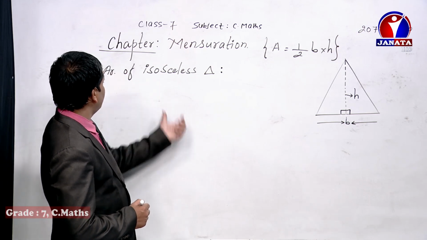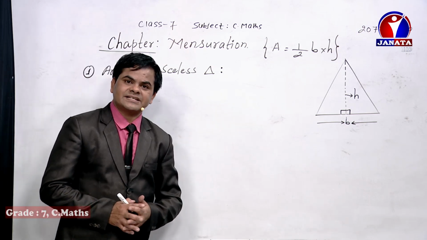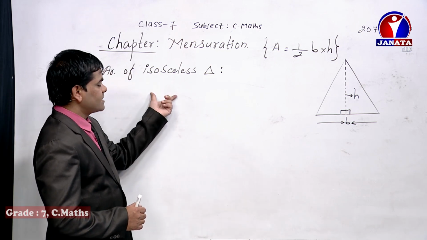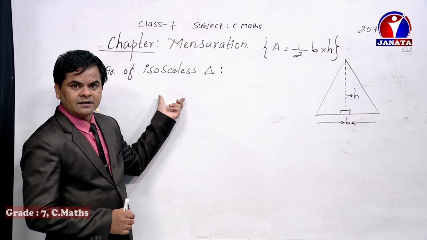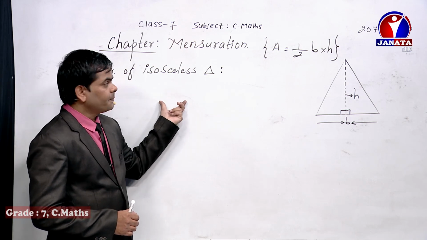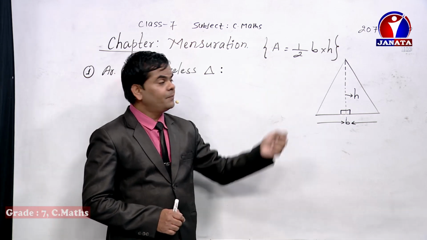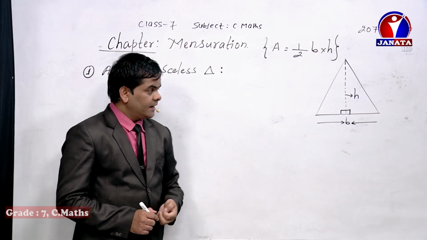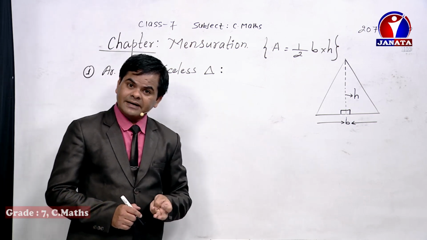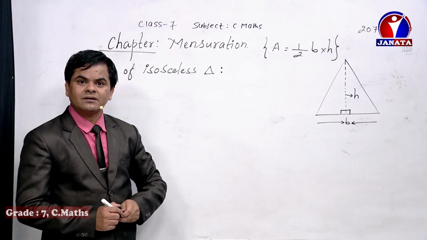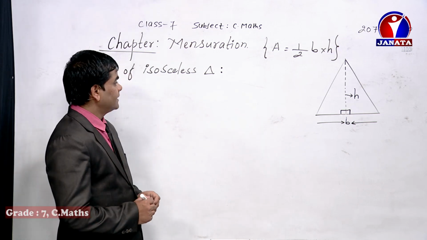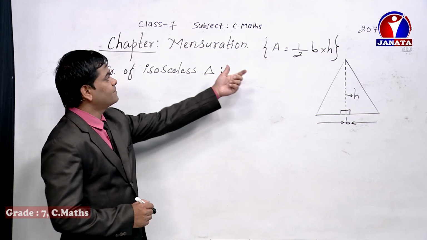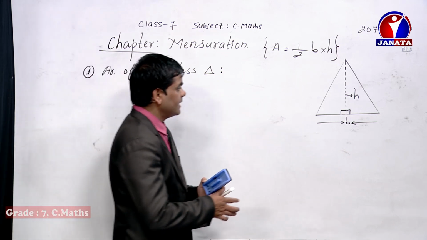So today is the turn of deriving the formula of the isosceles triangle, how to find the area of an isosceles triangle. In the case of the isosceles triangle, trapezium, quadrilateral, kite, rhombus and parallelogram, if we know this formula, it becomes sufficient to derive them. In order to derive the formula of the parallelogram, quadrilateral, trapezium, isosceles triangle and so on, we use this formula. By the help of this formula, now I'm going to focus.